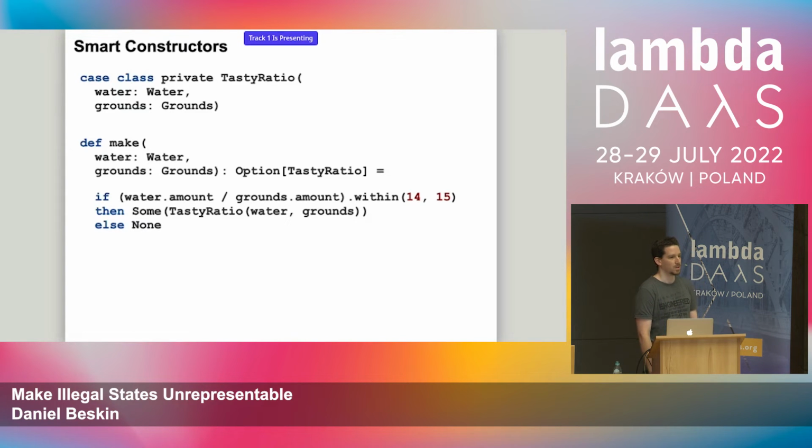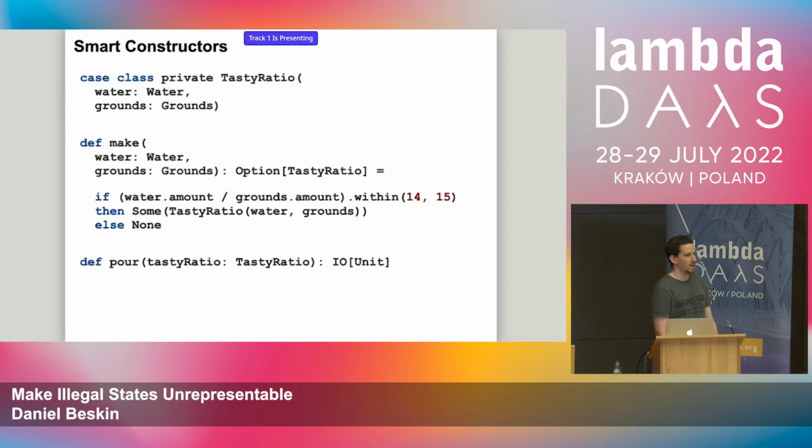This is the safe kernel that you have in your program that users will now assume is correct and can rely on in all other places. So if you got this right, people can rely on this invariant for every place where they stumble upon tasty ratio. Now, after making the smart constructor and forbidding the creation of tasty ratio without calling it, this function is safe. It actually does what it promises. You cannot call it with an illegal tasty ratio because there are no tasty ratios that are illegal in our system. It's just not possible anymore.